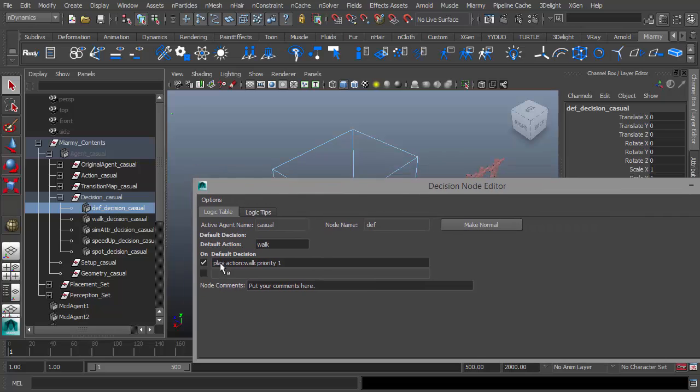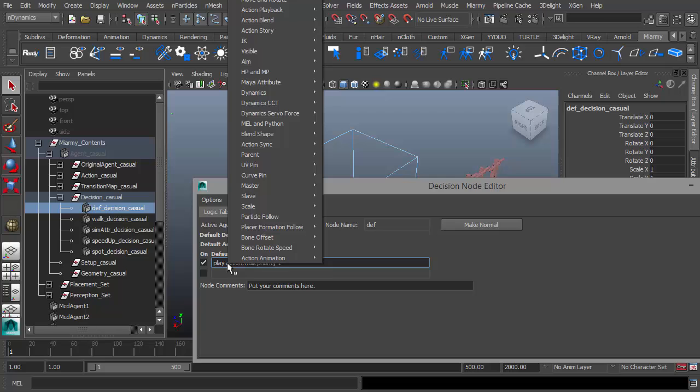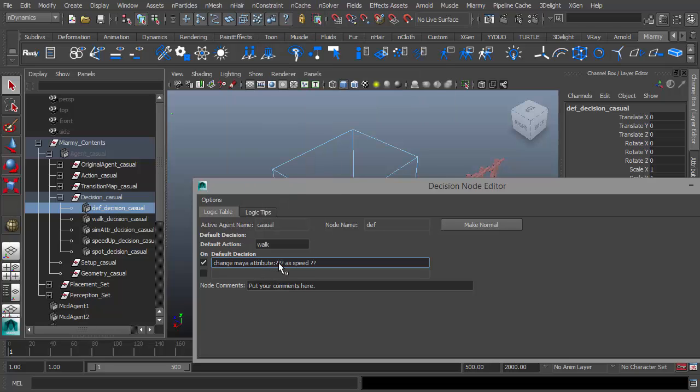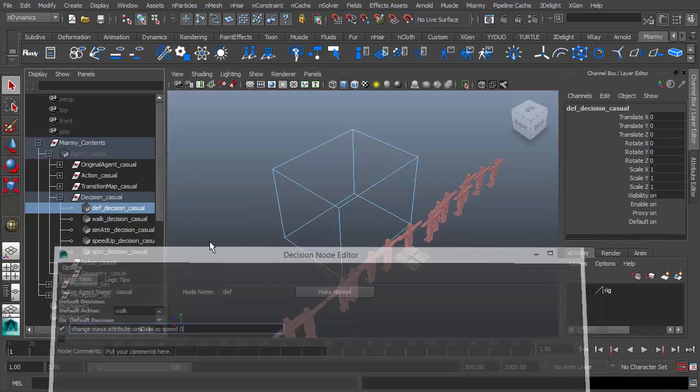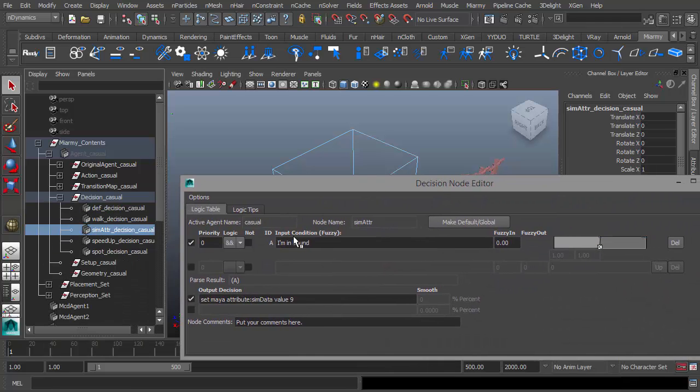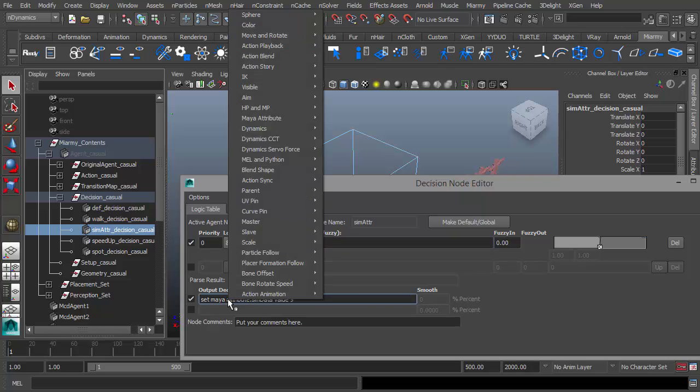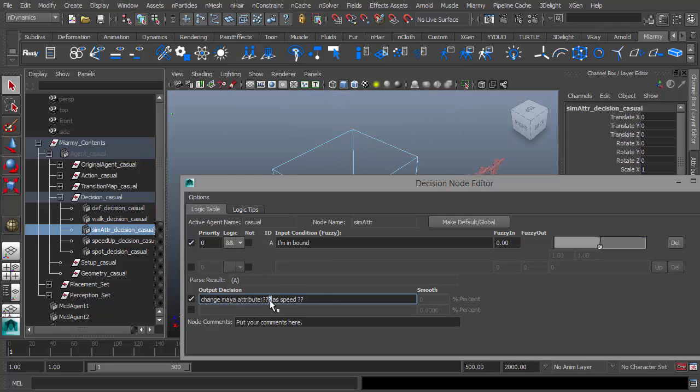First, we need to add a new logic inside of the default decision, and add the change my attribute as speed. So let's change the contents, same data, and add the speed 0. And let's just change this node. If I'm in the bound, this currently is the set mode. Let's just change that to the change rate mode, to change my attributes same data